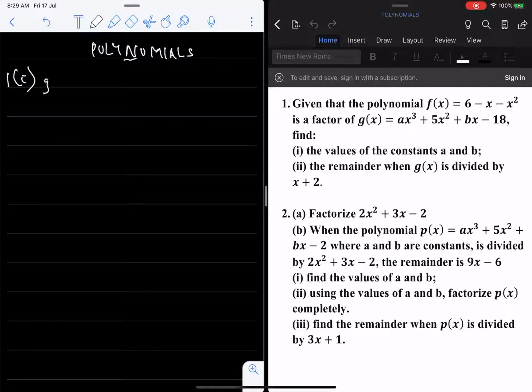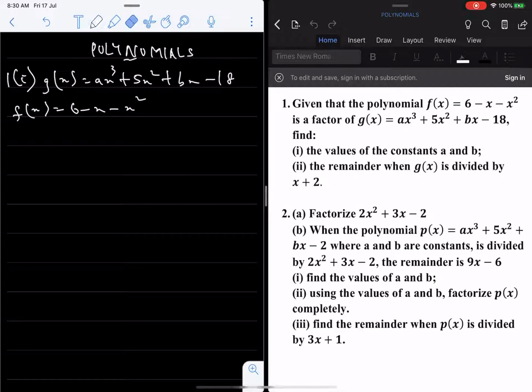Alright, the polynomial g of x is ax cubed plus 5x squared plus bx minus 18, and f of x is 6 minus x squared. f of x is a factor of g of x. That means if we factorize f of x, the factors of f of x are also factors of g of x. So we can factorize that into